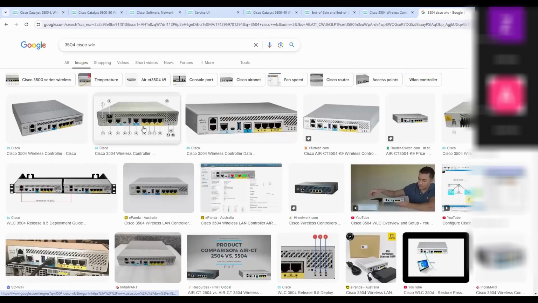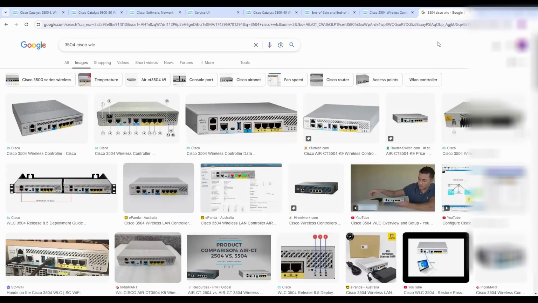The 3504, and the replacement for this is the 9800-L. It also looks similar. The 9800 has different ports. This is the appliance model, one hardware, one software. So how to install this? Once we bring this in